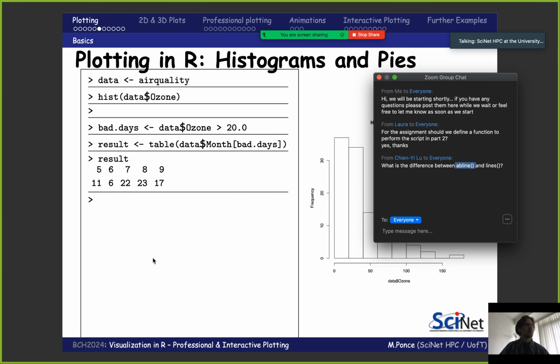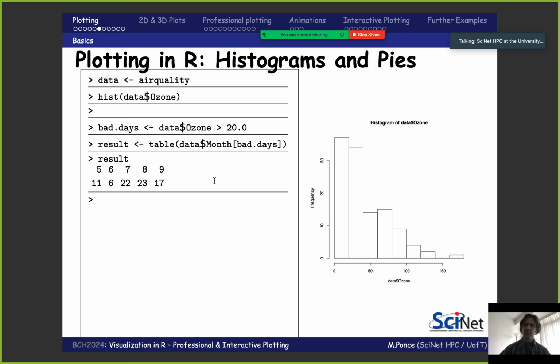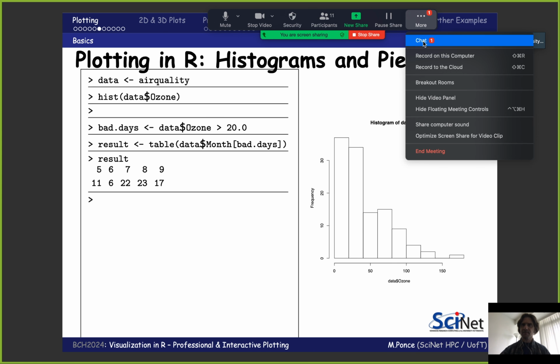I think you can also give it with other coefficients, but let's say slope and independent term, so a and b in the equation y equal ax plus b. For lines, you can give a sequence of numbers, of points, and then it will connect those. It will basically connect the dots and give you the sense of a smooth curve if the dots are well distributed. Okay, so lines allows you to connect dots. Abline just draws a straight line. We're going to see probably one more example about that.